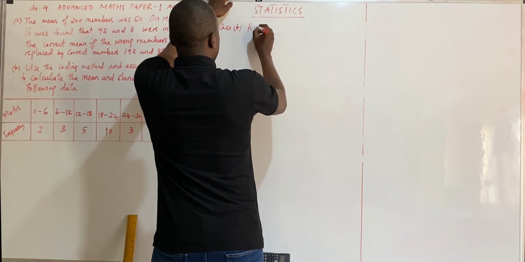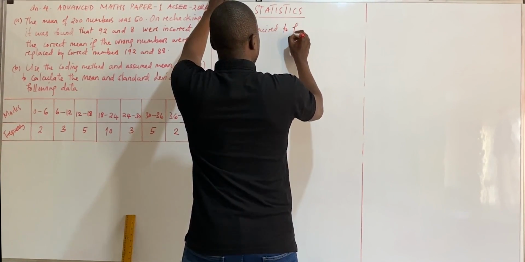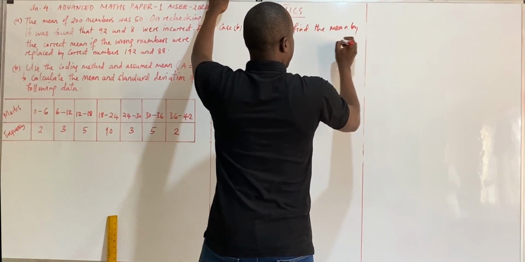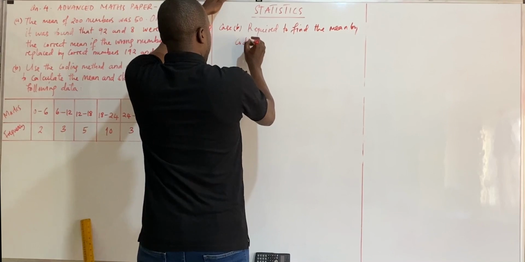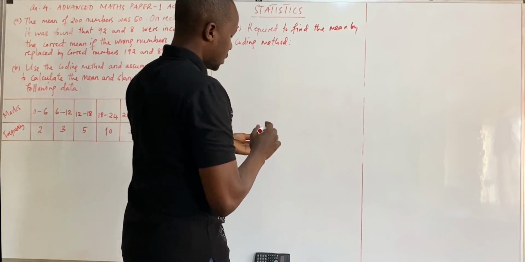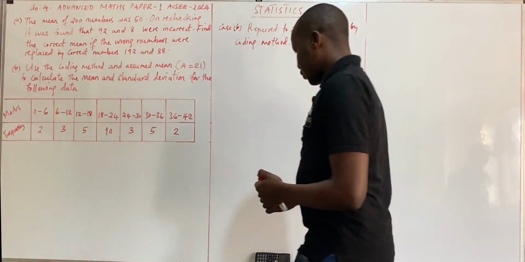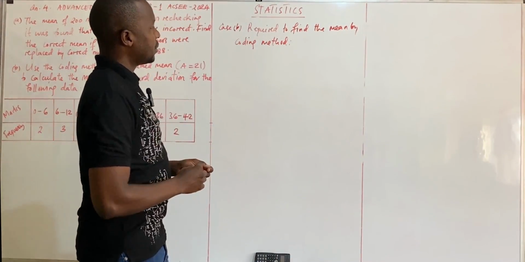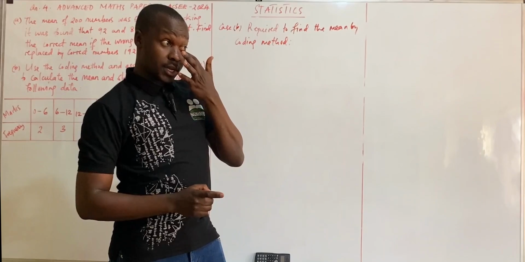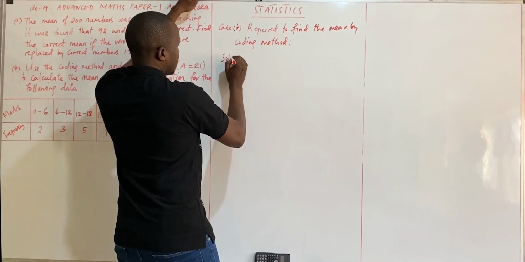Required to find the mean by the coding method. So now we start with the mean by the coding method. Now, if you remember, the coding method connects the idea of deviation, and how do we obtain the coded value? Solution here,